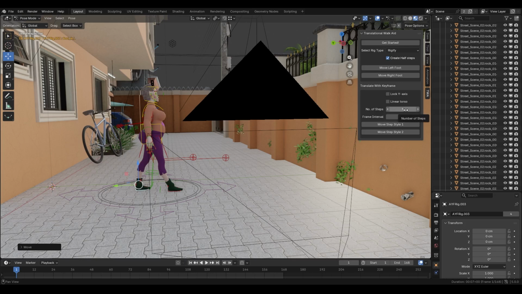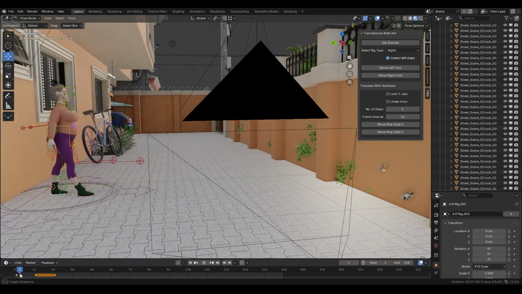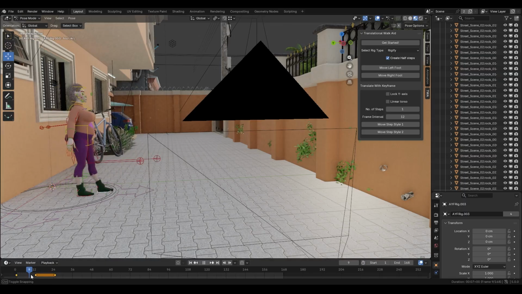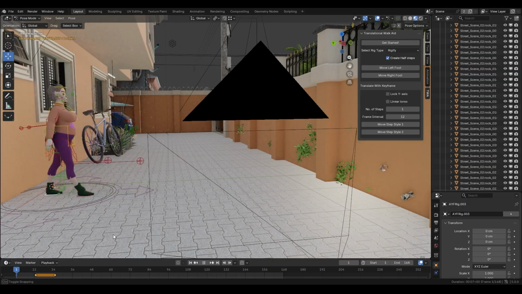So if you click on one and you move a step forward, you can see I have keyframes here now, and my character moved just a step forward. This is one full step, that's all. Okay, so Ctrl Z,